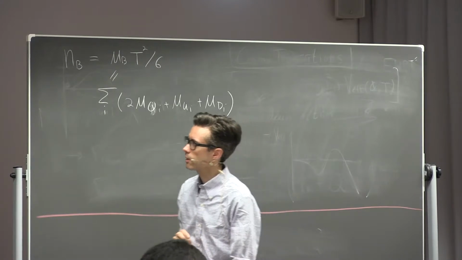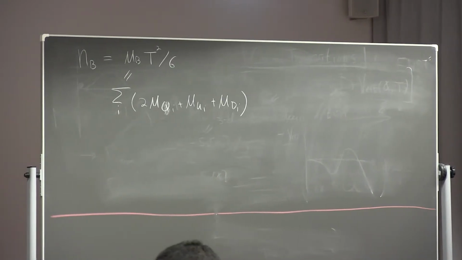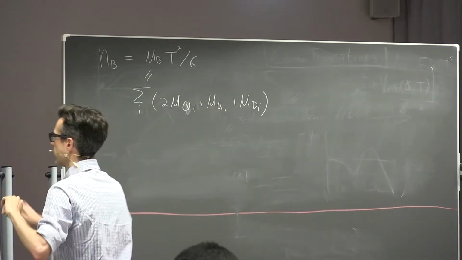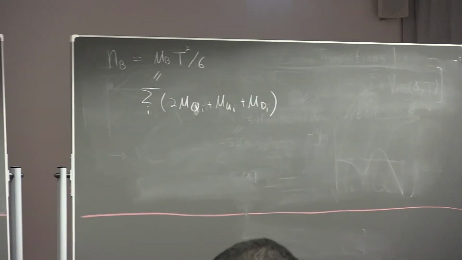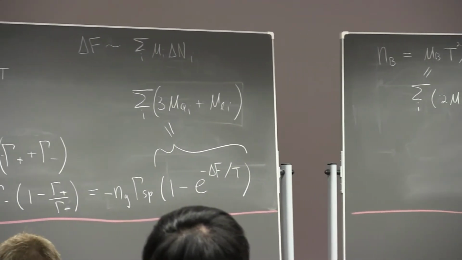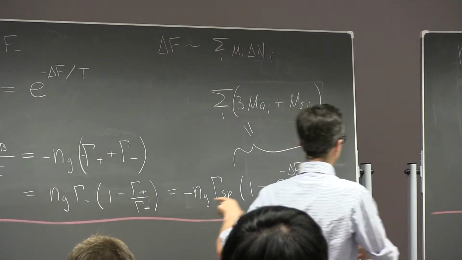So the point is that this combination of chemical potentials, if I rewrite it in terms of number densities, doesn't quite coincide with the baryon density. And this is going to be important. So this means that I can take this combination of chemical potentials, and I can rewrite it in terms of a number density of baryons plus another term. So in other words, my dnb